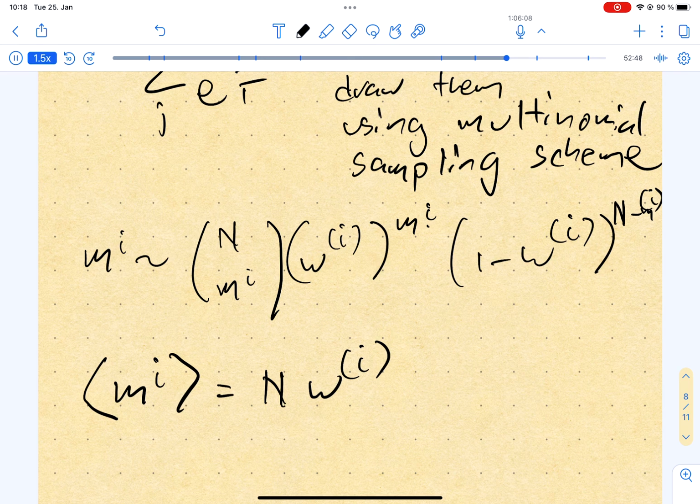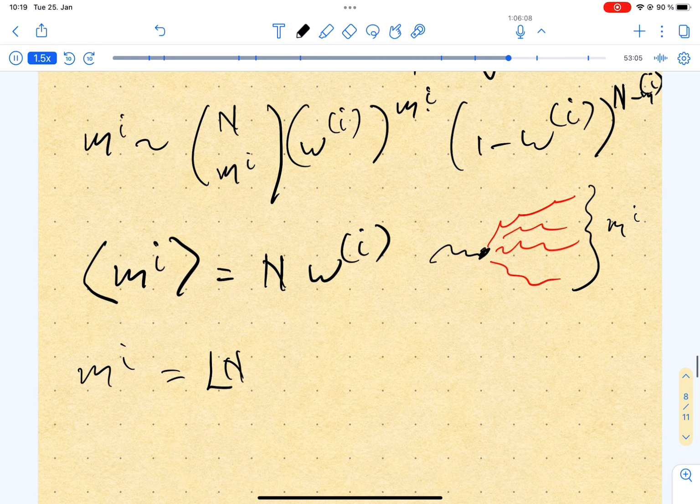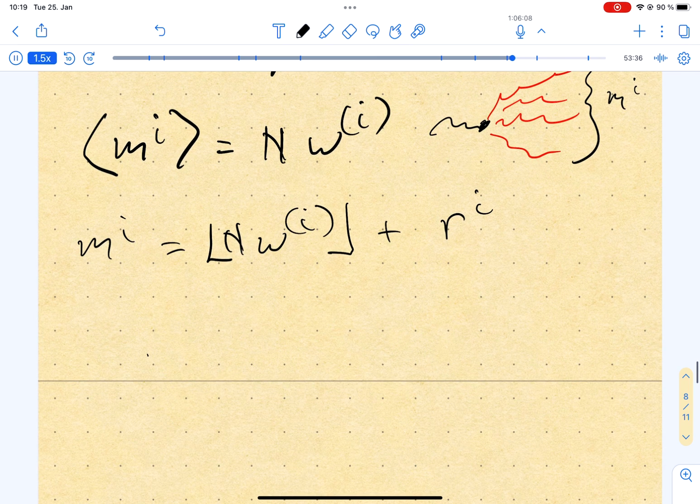And so one thing that's nice to do is what's called, I think, residual sampling or something like that. And that's where you say m_i is equal to the floor function of this, so the lowest integer, plus some residual R_i, where R_i is drawn from whatever is left over. So you can imagine, well, here, let's use